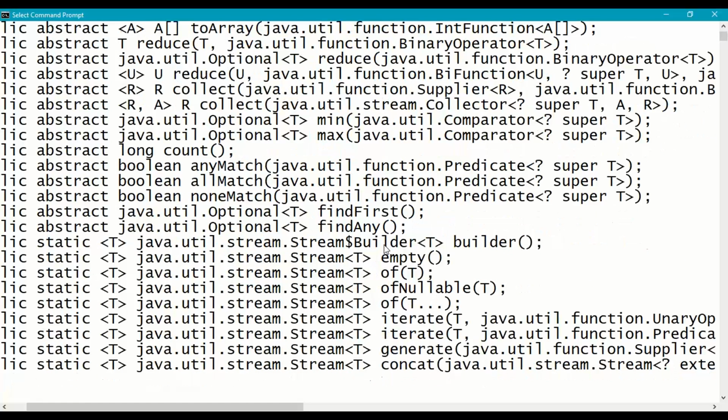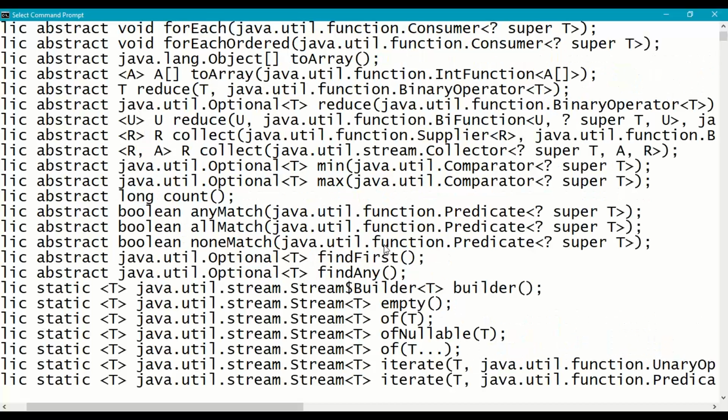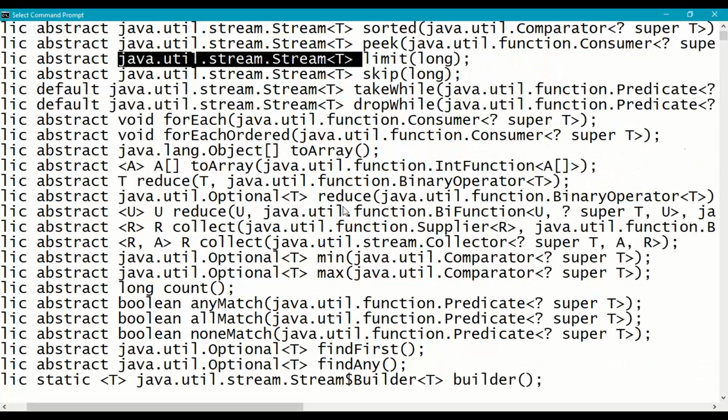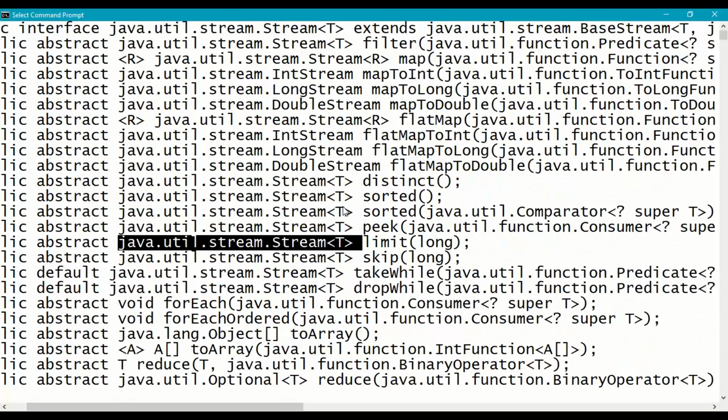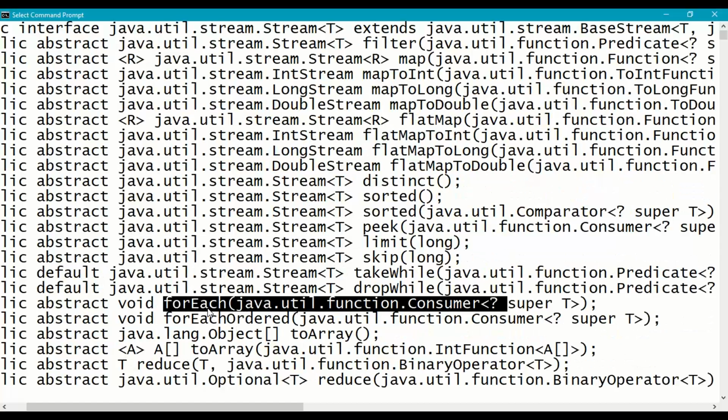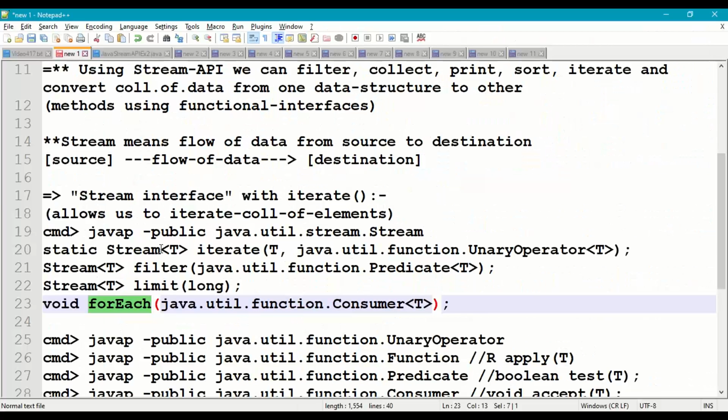For each element in the stream we can perform different operations. So where is this forEach method? Void forEach method. It takes a consumer object reference as input parameter, which is a functional interface. So t indicates the first value, and then unary operator, which belongs to a